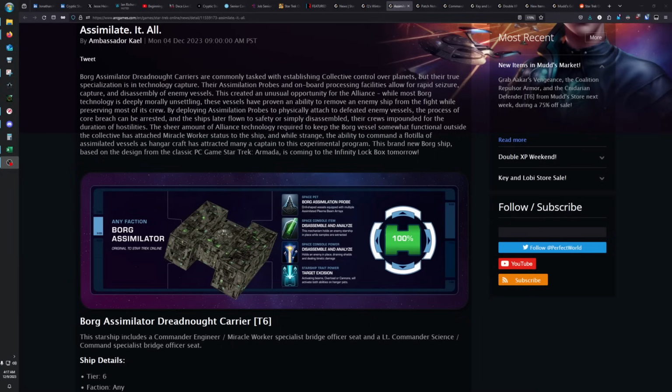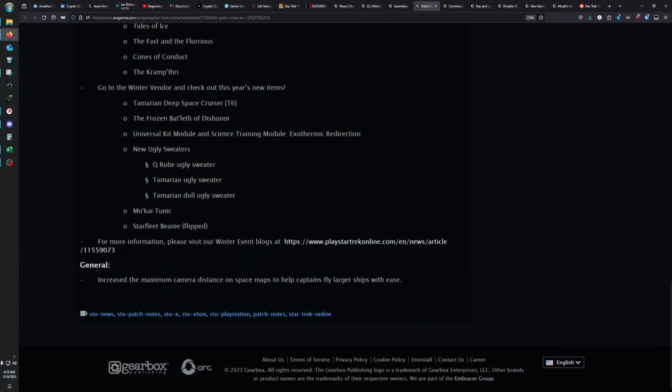a Borg ship. It does also actually have 200 inertia rating, meaning that it does stop the second you tell it to, so that was not a typo in the blog, and it is definitely the largest ship in the game. In fact, the Borg Assimilator is so large that the PC patch for this week had to include an increase to the maximum distance you could zoom the camera out so that you could fly larger ships like the